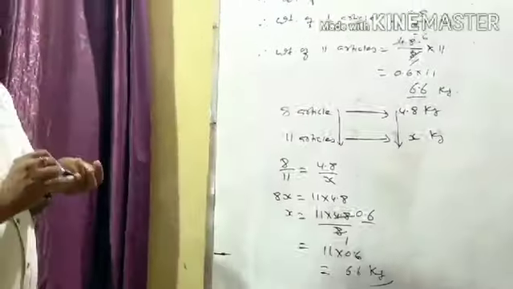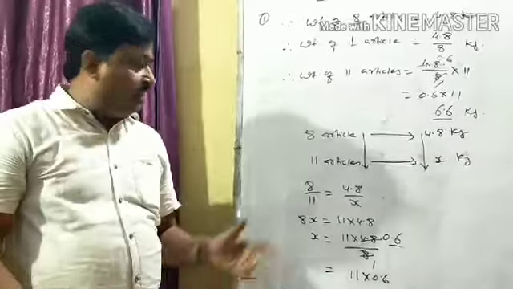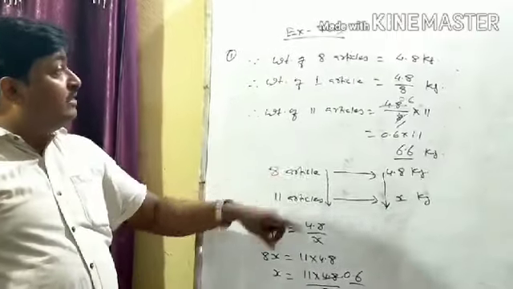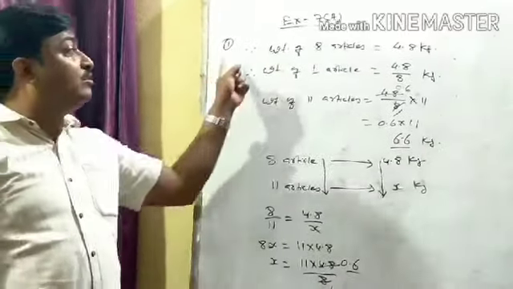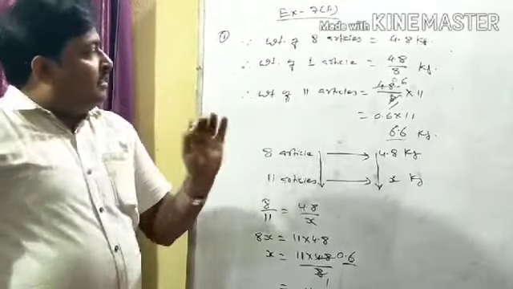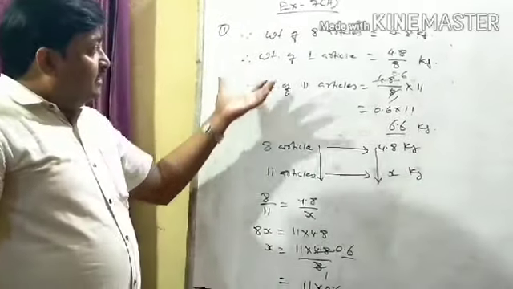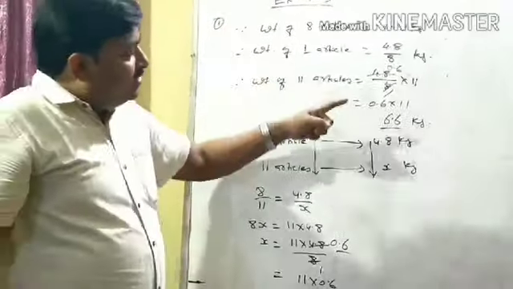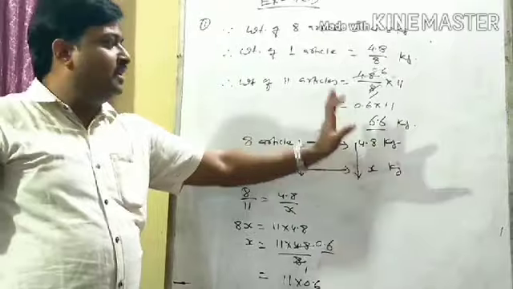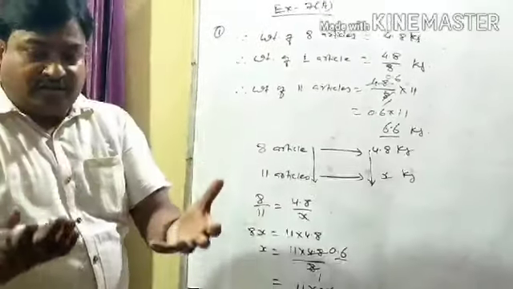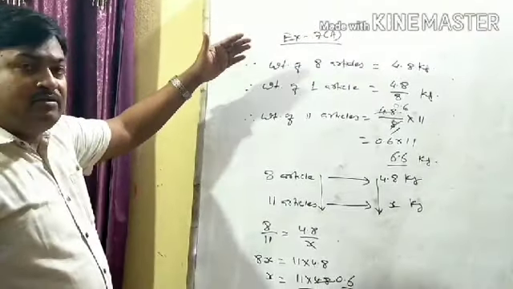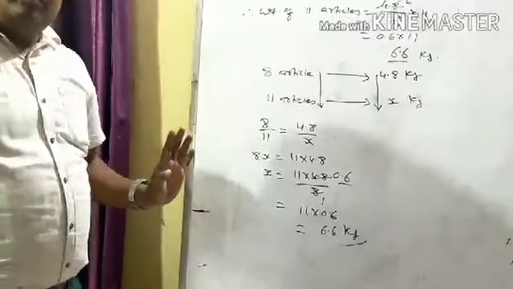So students, you can solve the same question using the arrow method also. This is the alternative. But while using this method, you have to take care of the statement also. Your statement should be correct, and try to follow the statement correctly. You must write the units everywhere. Suppose here it is kg, you have to write kg. If there is rupees, you have to write rupees. So either you can solve in this way or using the arrow method.